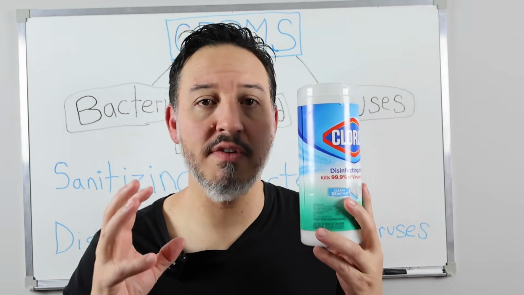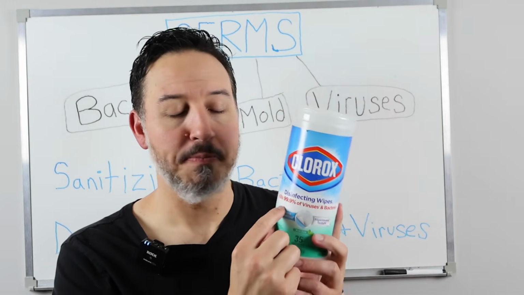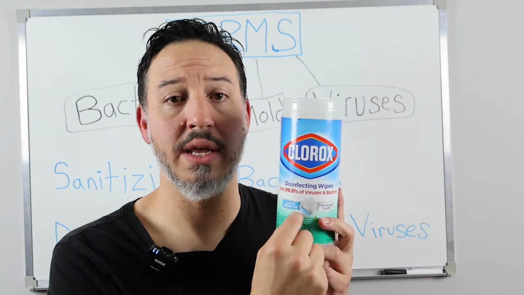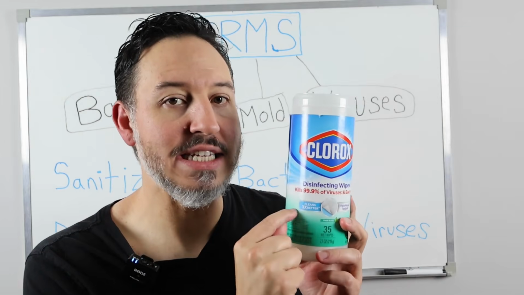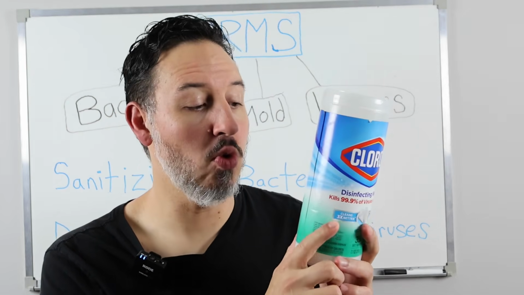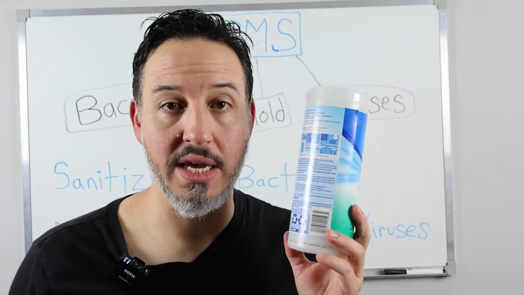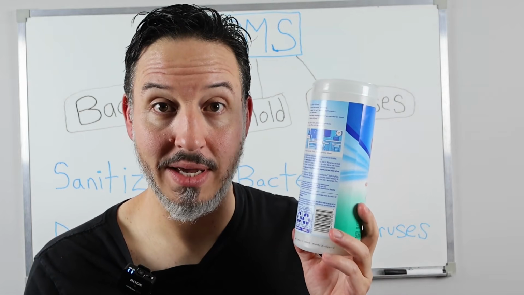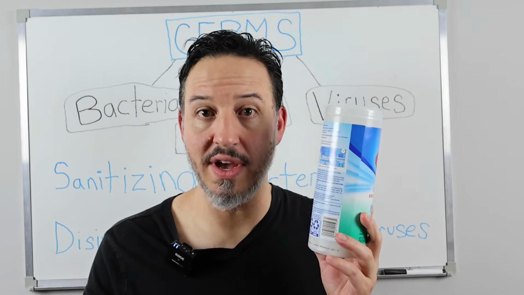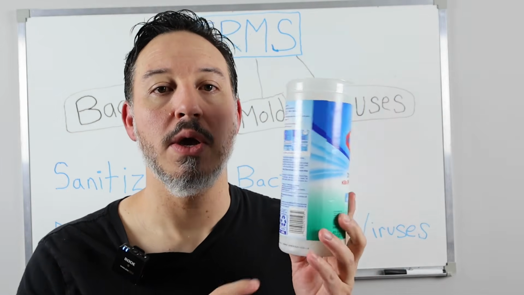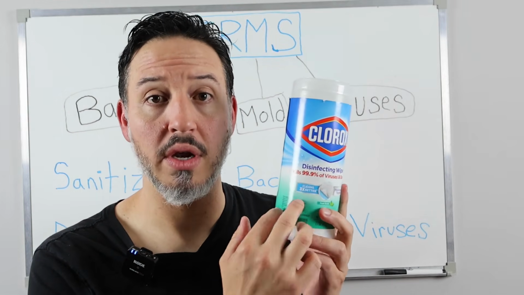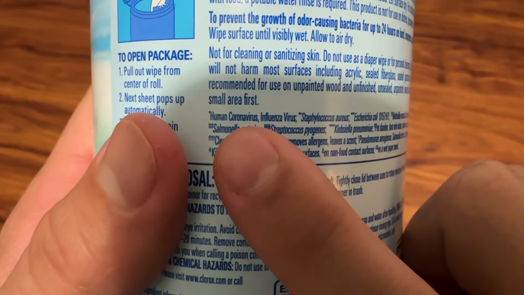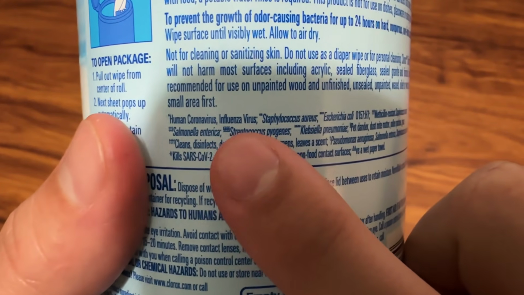That being said, it's very important for you to understand that a disinfectant kills 99.9% of the viruses and bacteria that are listed on the bottle. So it may be effective at killing the flu virus, but it might not have COVID listed, or vice versa. So if you're wanting a disinfectant that's going to kill a specific type of virus, when you get your disinfectant product, make sure you read the bottle and it lists that specific virus, because it only kills the viruses that are listed on the bottle.